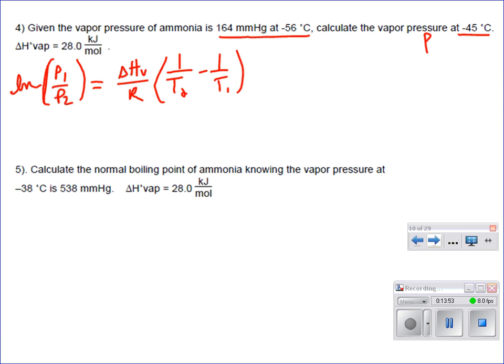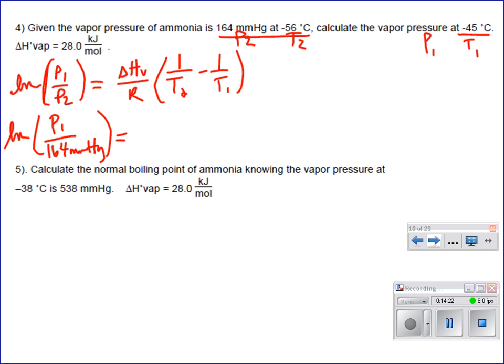To make my life easy, since the pressure is the unknown, I want to make the unknown on the numerator because it's just easier to solve. So I'm going to make this P1 and T1. That makes this P2, and that makes that T2. I suggest really writing that up there because, again, we didn't in third period, and everybody was messing it up. So ln of P1 over P2, I can leave in millimeters of mercury,